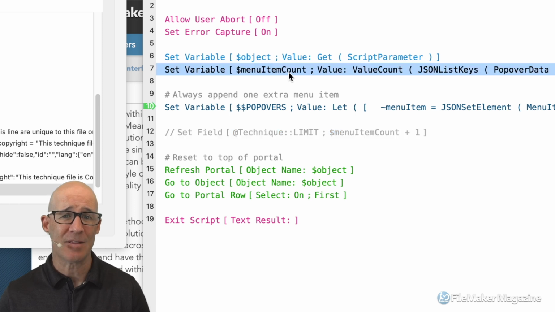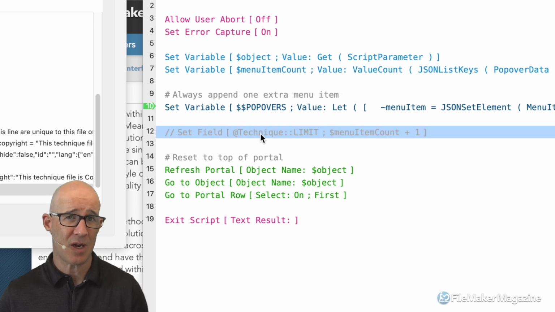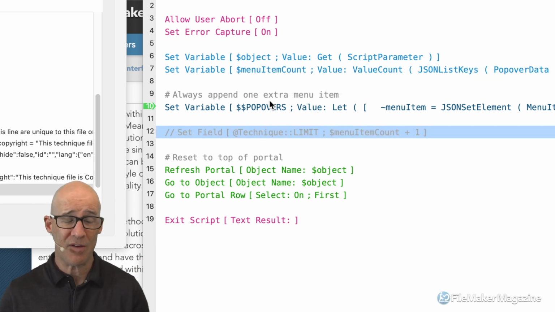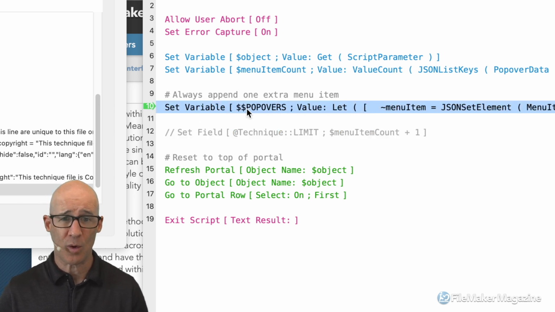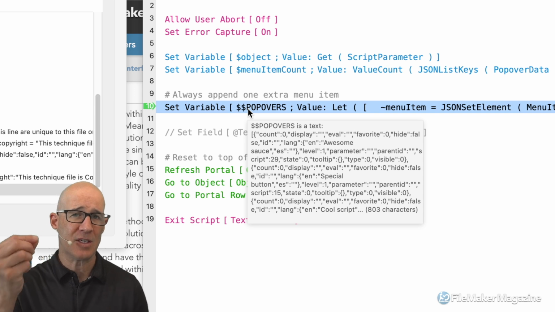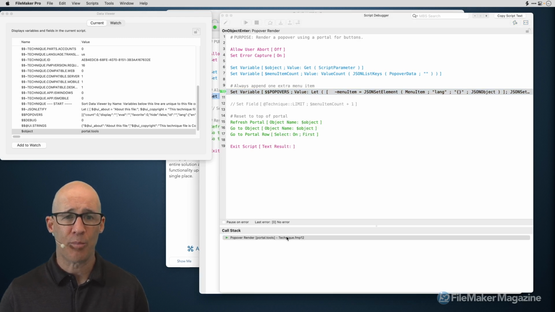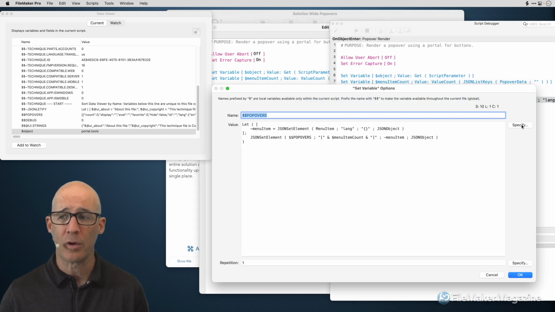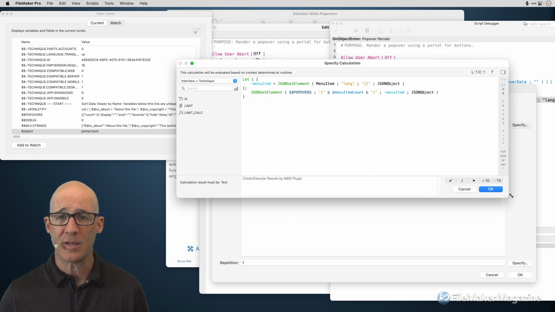That's when I need this menu count item. Otherwise, this step is not actually needed if I'm directly connected. You can reduce the script even more and just have this one. But what this one step is doing right here is adding the additional item. You can see that when we double click right here and it brings up our script behind the scenes, and we double click right here, we can actually go look at the logic of what's happening, and we can see that